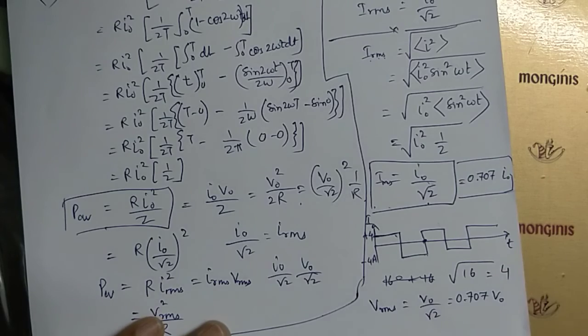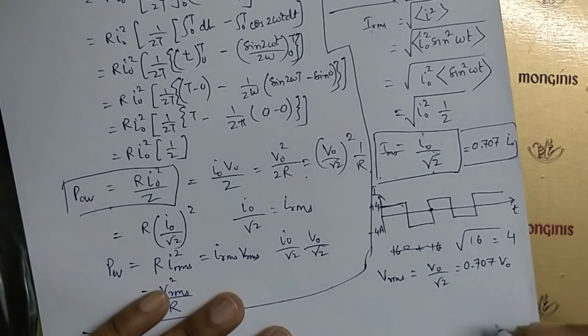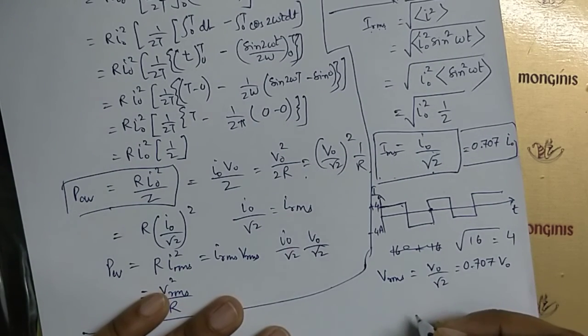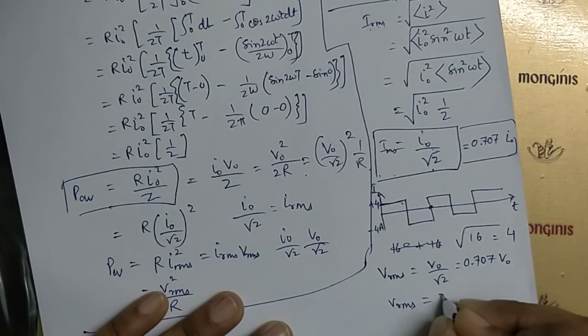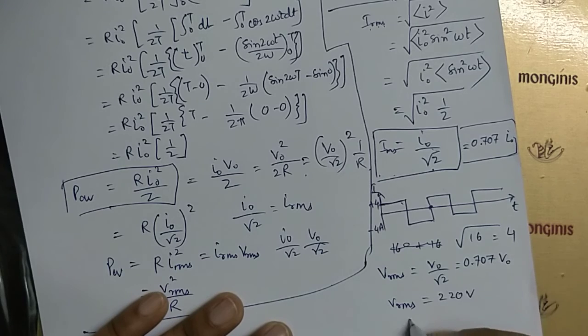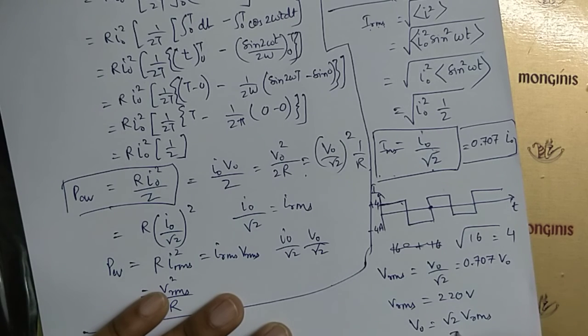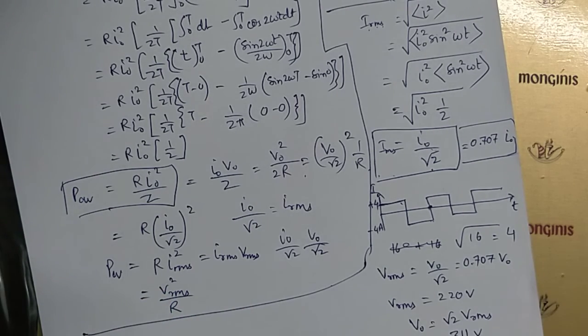In our household circuit, the supply which we get is 220 volts. So 220 volts is equal to VRMS. So your V naught will be equal to root 2 VRMS. When you multiply root 2 to this, you will get 311 volt as V naught. So your actual peak voltage in the house